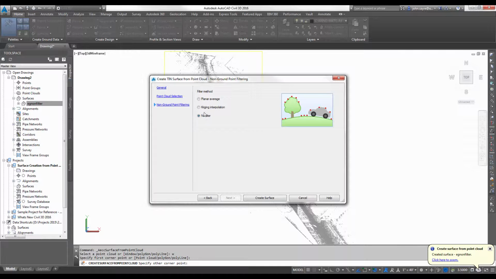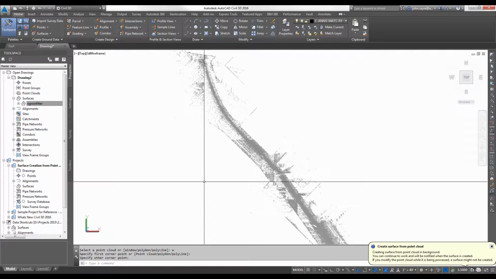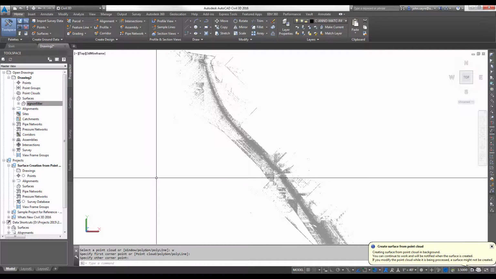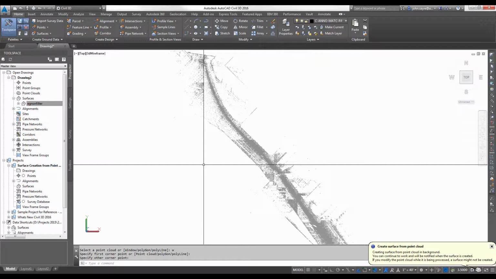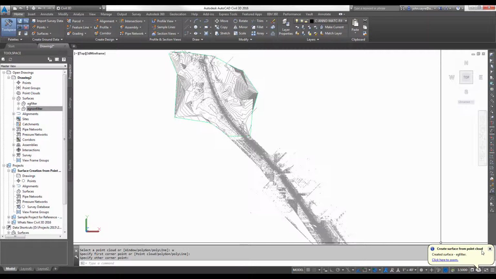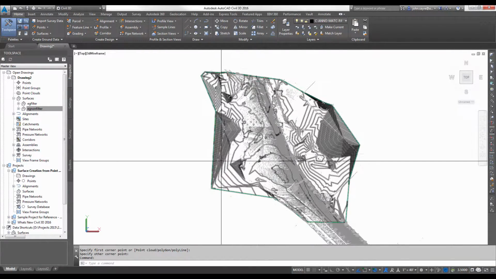We're going to go ahead and do a filter method of the kriging interpolation. As you can see from the image here, it's going to take out some of those points that might not necessarily be ground points. Hit Create Surface, and we'll tell it to close because it's going to go ahead and create the surface. Again, your balloon comes up in the lower right hand corner, and it does take just a little bit to generate this surface. And there you go, the surface is generated. You can see, create surface from point cloud. I can pick here, it says click here to zoom, and it'll zoom into that surface. And again, let's take a look at it 3D and see